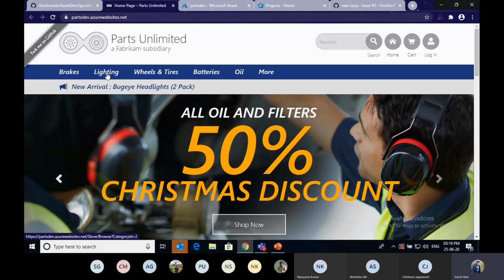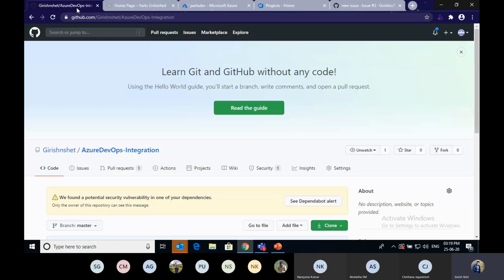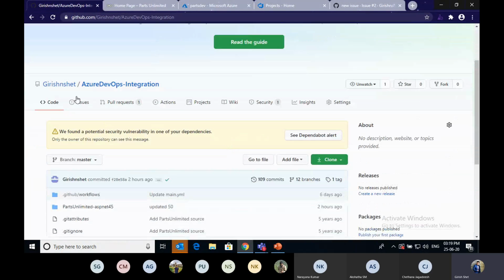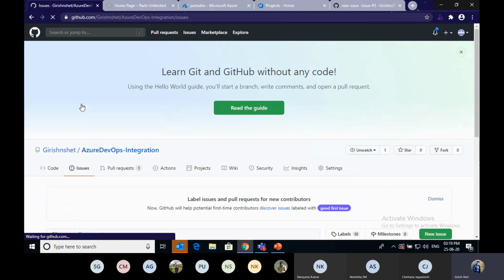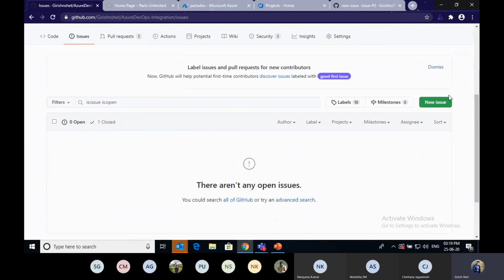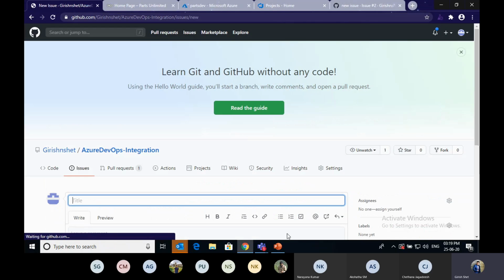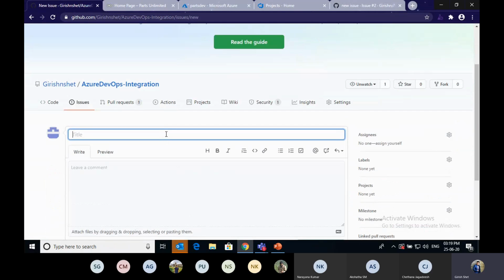For that, I am going to create an issue in my GitHub. Okay, I'm going to create an issue with the name implement 30% oil and filter.